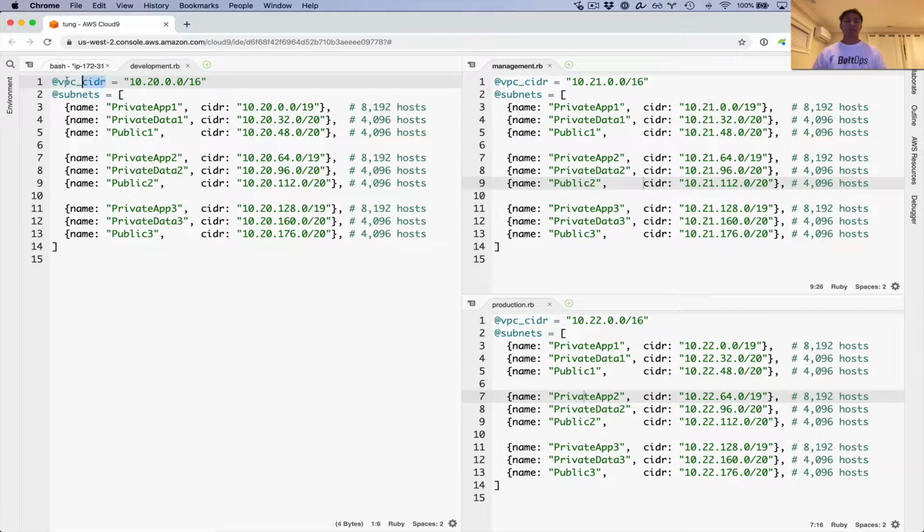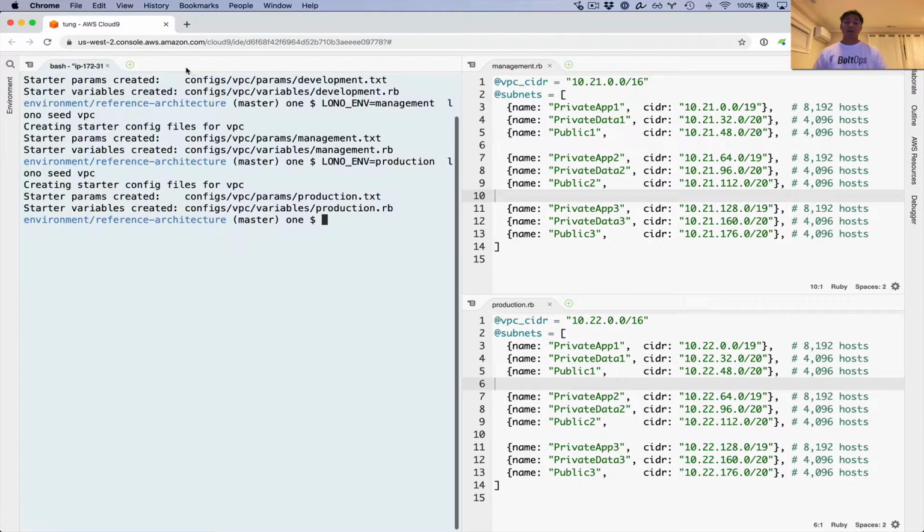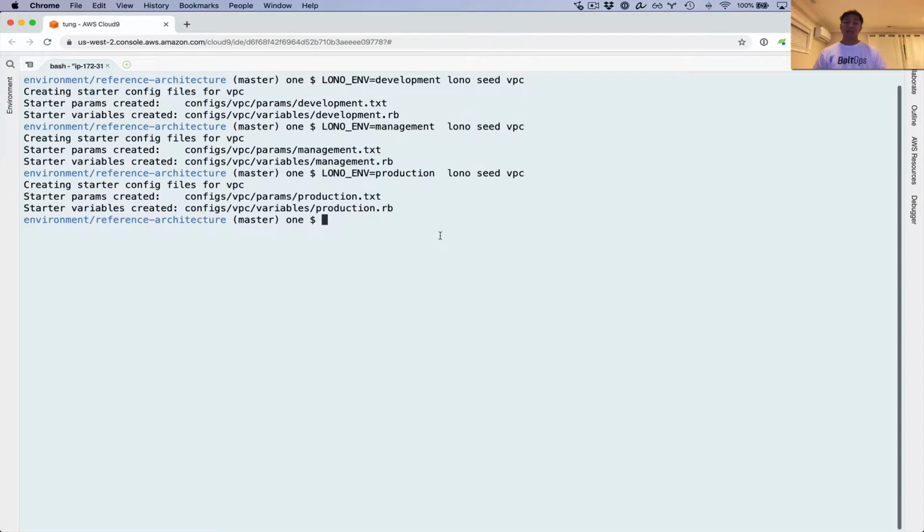Okay, so you can see what these variables are doing. They're saying what CIDR range we want for the development VPC, what CIDR range we want for the management VPC, and what CIDR range we want, excuse me, for the production VPC. It also allows you to configure the number of subnets you want. So you can see that all these 3 VPCs are going to have 9 subnets. There's some private app subnets and private data subnets, and there's public subnets. If you wanted fewer subnets, you just delete this, or if you want more subnets, you can add it. You want different CIDR ranges, you can adjust it. It's all very configurable. Okay, we're gonna leave it as is because I think that's good enough for the sake